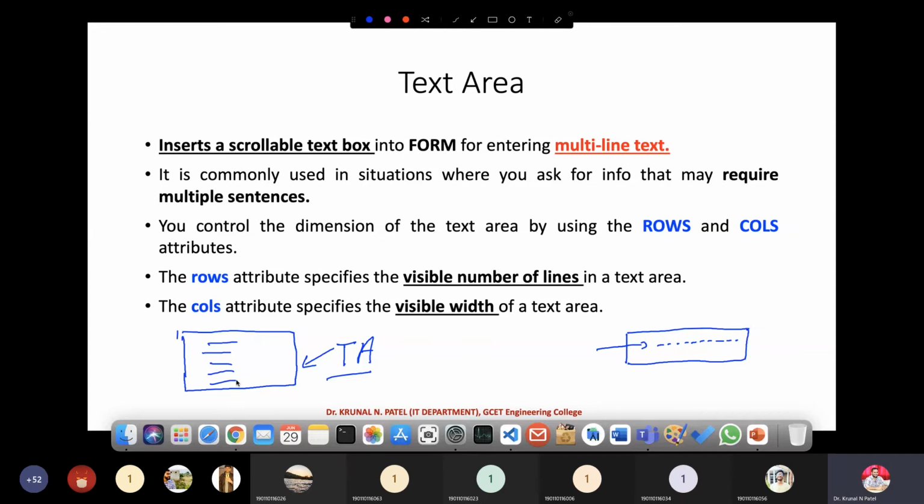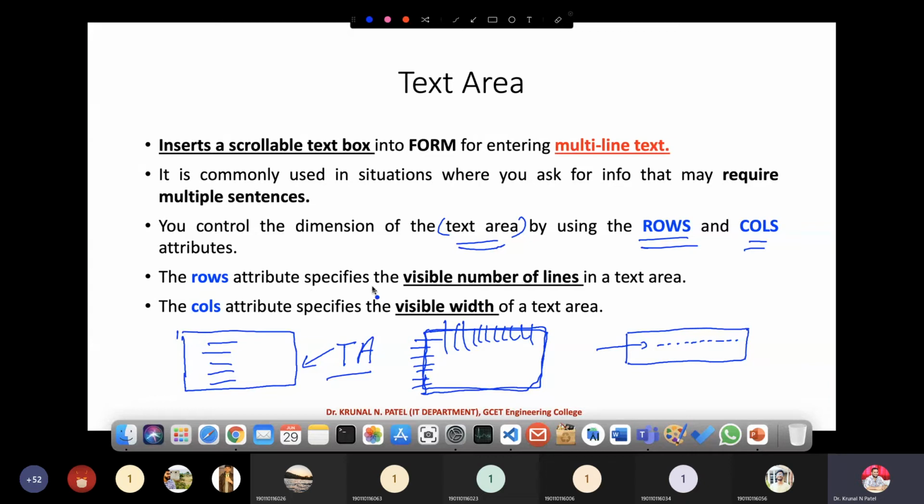Now, you can control the dimension of a particular text area by using rows and cols, right? What I want to do over here is make my area multi-line. So how many rows and how many columns? That will decide the width and height of the particular text area. So this many rows and this many columns I require, and according to that, your particular area is going to be designed.